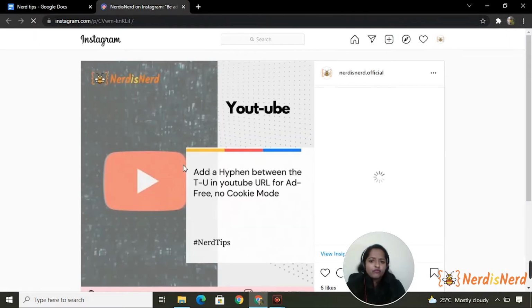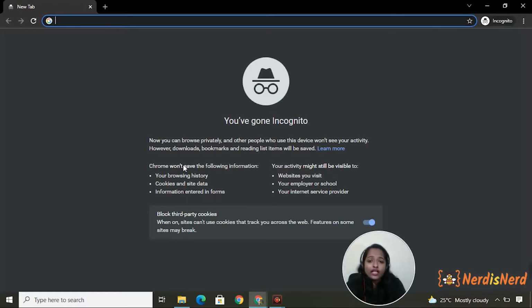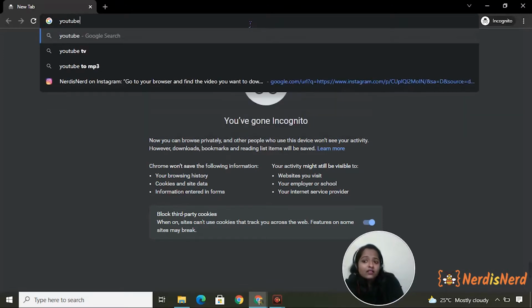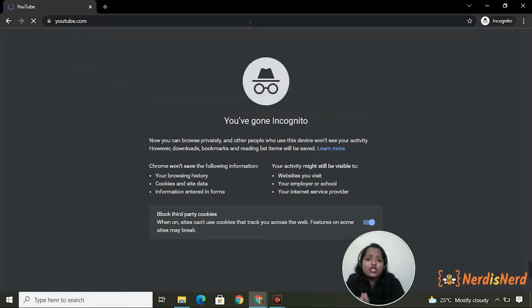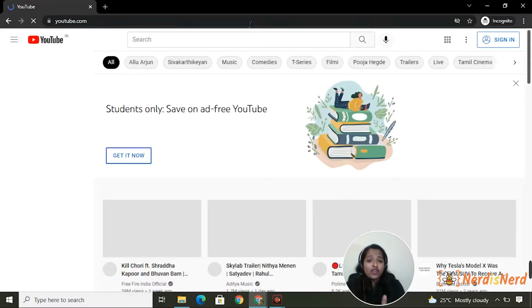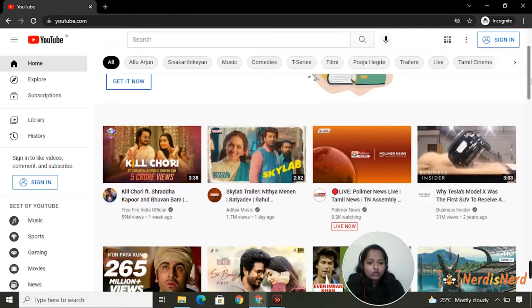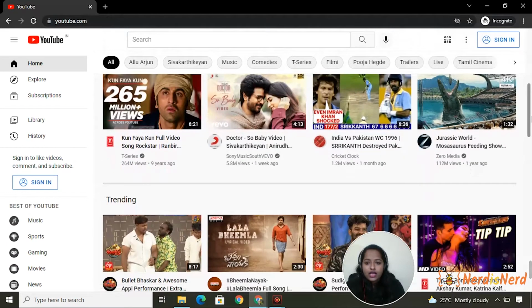So the first tip we have here is add a hyphen between T-U in YouTube URL for ad-free no cookie mode. That sounds interesting. Like who doesn't love to watch content on the internet, on YouTube, without ads? I mean, I would love to because it's so annoying to have too many ads in between when you're watching a favorite content, right? So I'm going to pick a video, and let's pick a random video from here